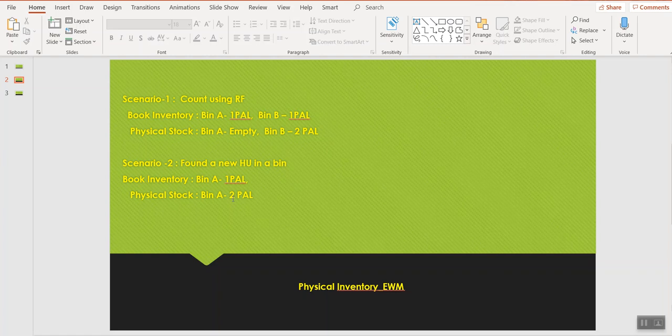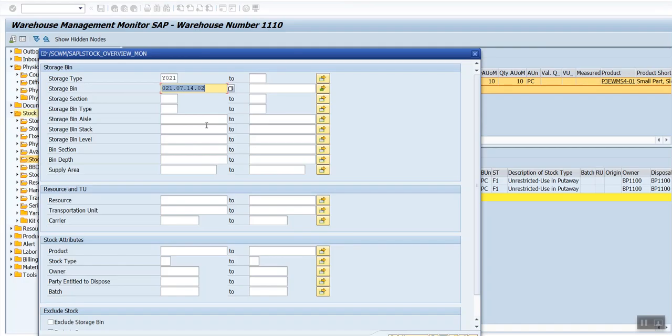How can we add it to the inventory document while counting? We don't need to create any additional document. Using the same inventory document, we can do the counting, add the additional HU that has been found in the bin, and then continue to do the inventory. Let's choose a bin now for this activity.